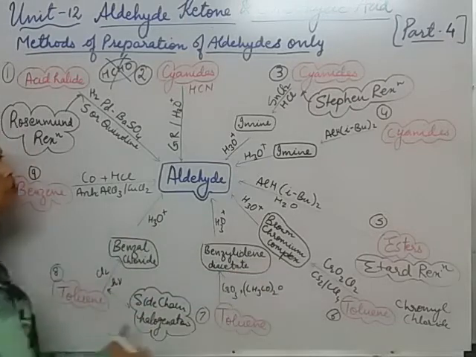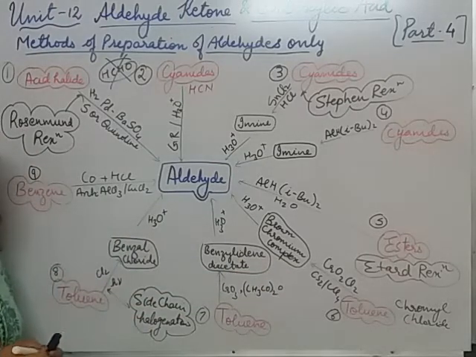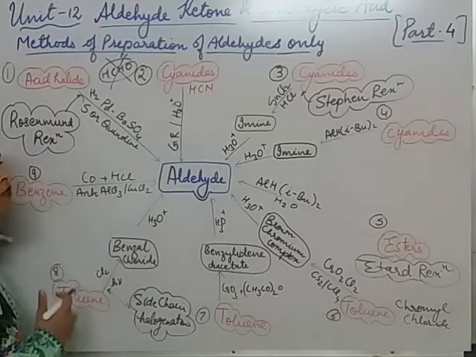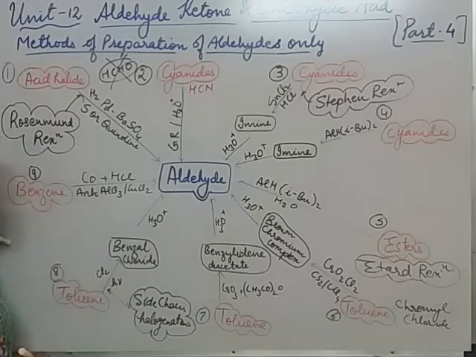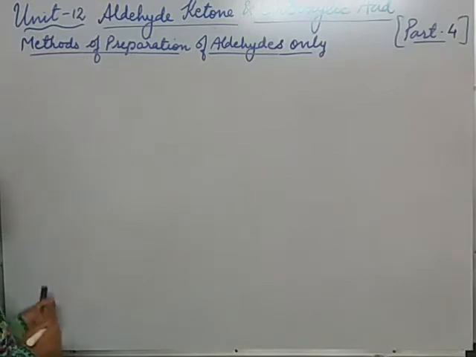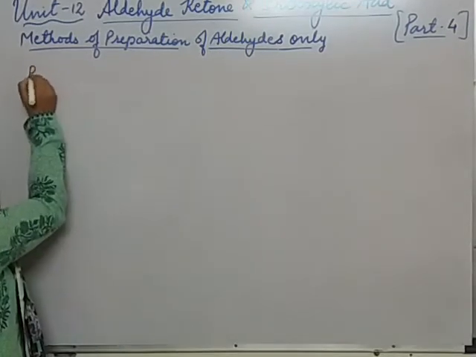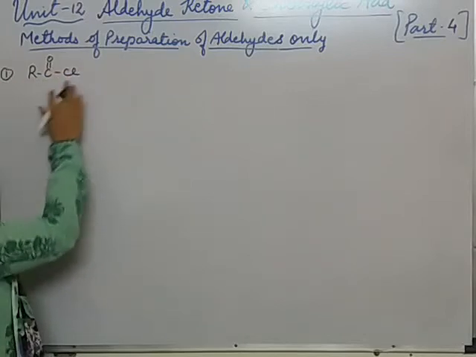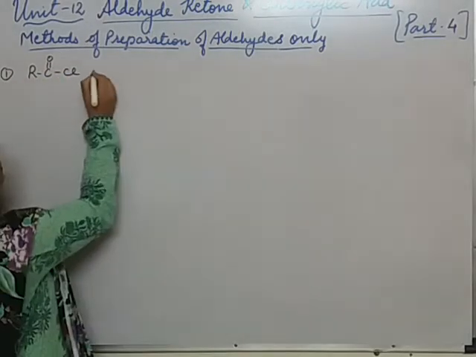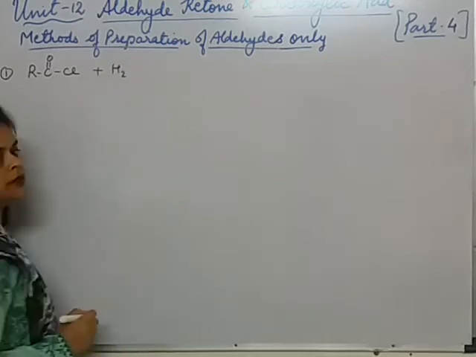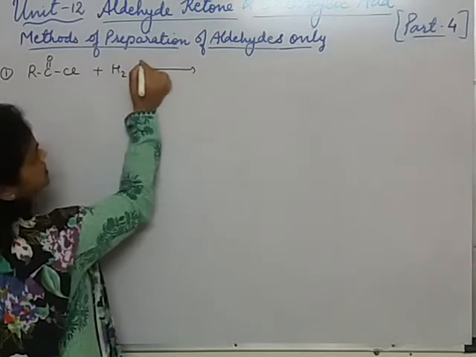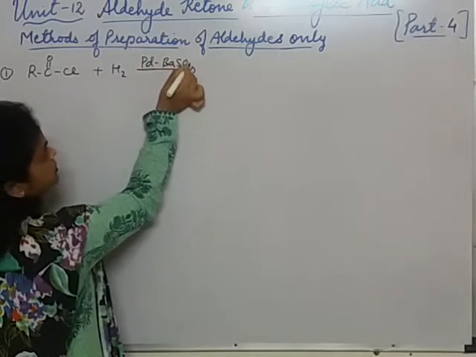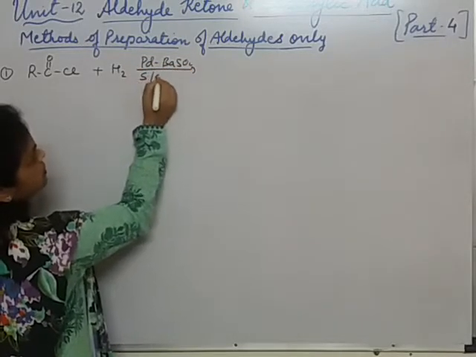So first I have given you a brief of how we will be doing the reactions, how we will be converting the various reagents into aldehydes. Now we will go for the detail of these reactions. First method is by acid halide, RCOCl. What we have discussed, acid halide undergoes reduction in presence of palladium and BaSO4 poisoned by sulfur or quinoline.